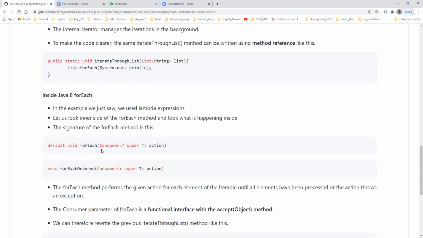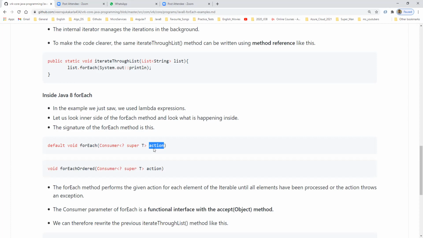What is this Consumer? This is also a functional interface. What is a functional interface? A functional interface is an interface which has one abstract method. It takes the collection or object and an action. What is the action? It performs some action on each and every element.